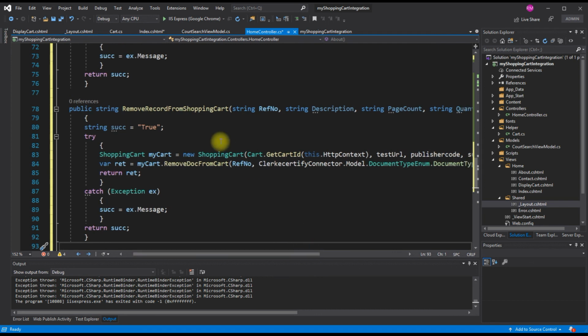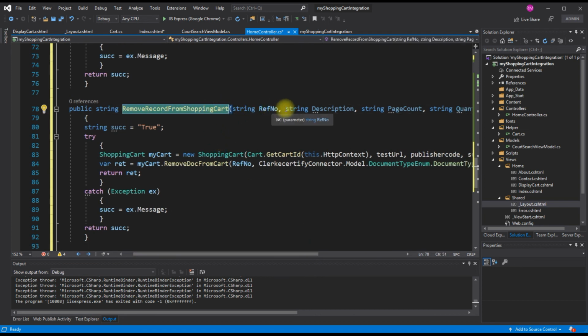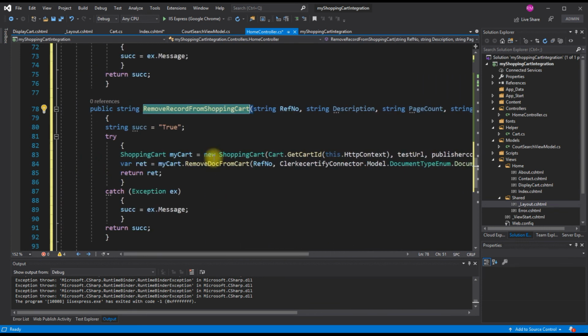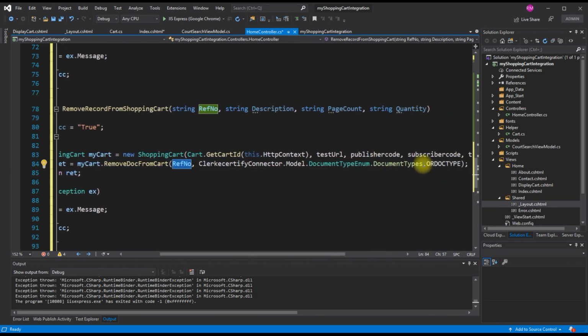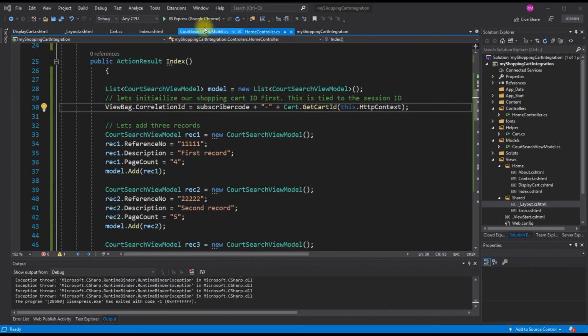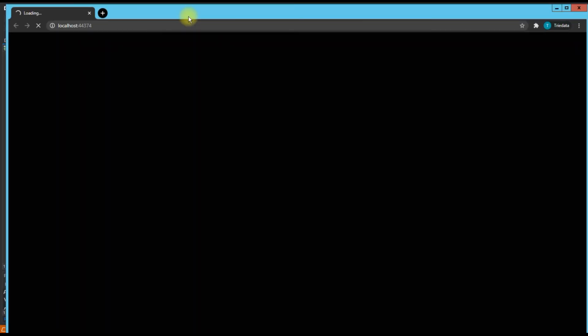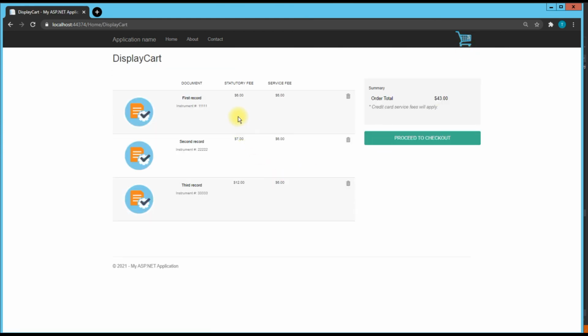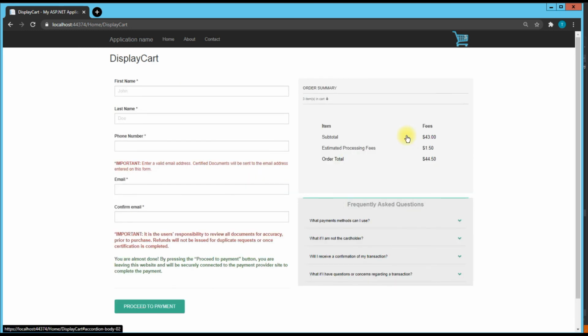We also need to add the remove record from shopping cart method. This is very similar to the previous one, except that we will be invoking the remove doc from cart method. Remember to specify whether the item is a cart or official record by passing in the appropriate parameter. Let's run it. Now we can add and remove items from the shopping cart. The system automatically updates the cart counts. You can navigate to the checkout